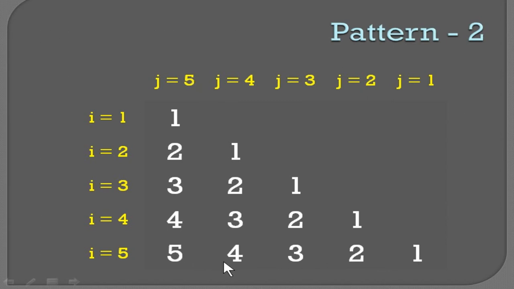So the inner loop is decreasing, and you can find out one thing is the pattern is ending with 1. So in every row, the inner loop, you should stop the iteration when it reaches 1. That means the start value is not starting from 5, it is starting from different values. You can see first row it is starting from 1, second row it is 2, third row it is 3, then fourth row it is 4, fifth row it is 5, which is nothing but the I value. That means you have to start the inner loop with I and end it with 1. So this is how you can solve this pattern.